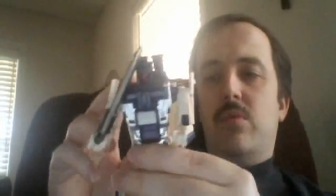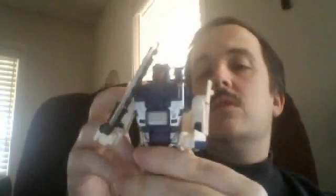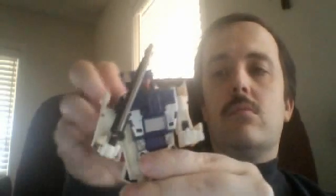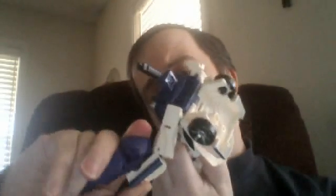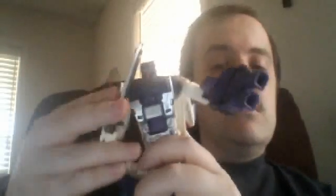But I don't really care for that for him. It's cool for Sunstreaker, but I don't plan on getting Sunstreaker, so I'm keeping it in his hand. Get in there. Get in there. He's in. There we go. That, friends and neighbors, is